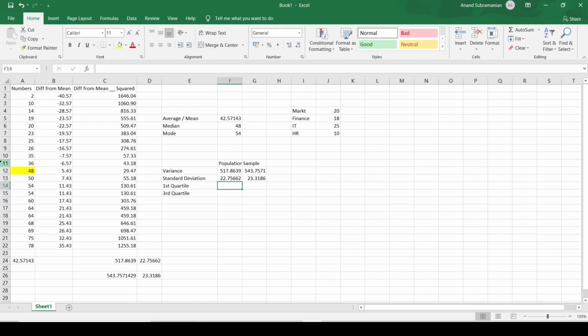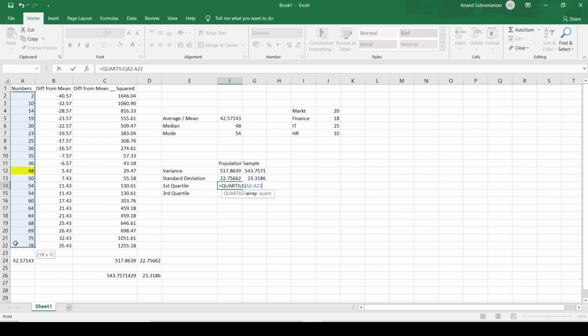In the case of the first quartile, what we have to do is, from the very first number in this sorted list to the median, find the number which is exactly in the middle. So if I just do a quartile, select that entire array, and mention first quartile, so 1, which is the 25th percentile,